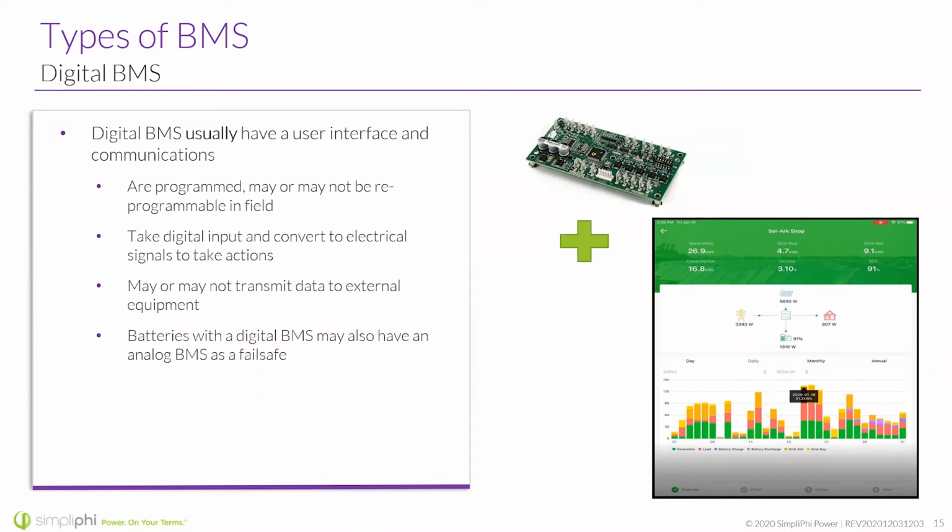So instead of basic circuitry doing its own job, there's kind of a hive mind here that makes those decisions and converts it to an electrical signal to actually make those actions count. It may or may not transmit data to external equipment. Typically, almost always yes. As long as the communication is built between the two devices, it's going to be submitting